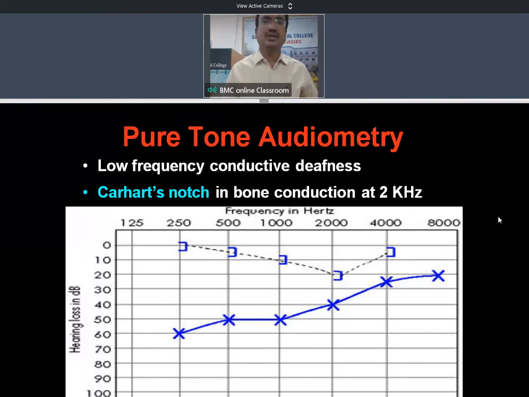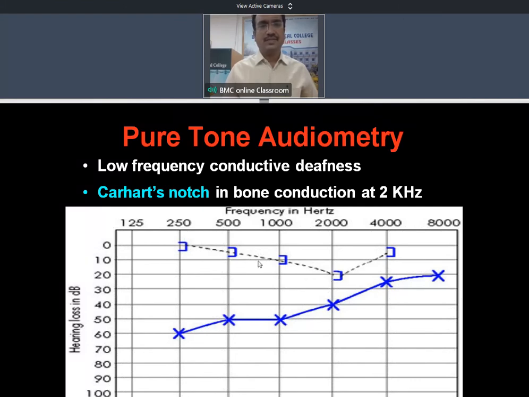So the other audiological investigation is pure tone audiometry. So all of you know about pure tone audiometry. We'll give a single frequency sound stimulus to the patient. Then we'll ask the patient whether they are able to hear. So that is called the threshold of the patient. So in otosclerotic patients, there will be a conductive hearing loss because of the fixation of the footplate.